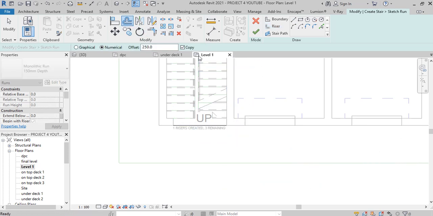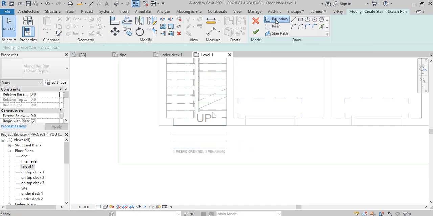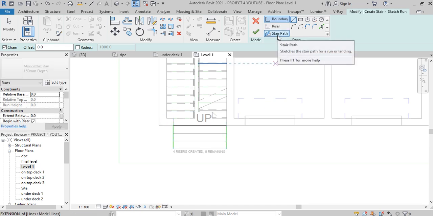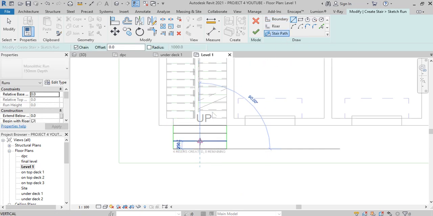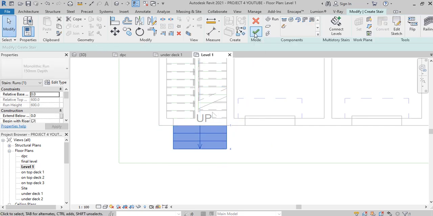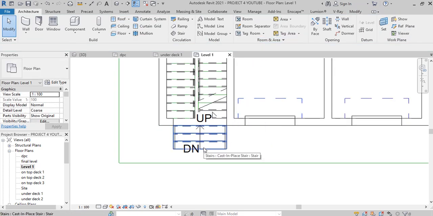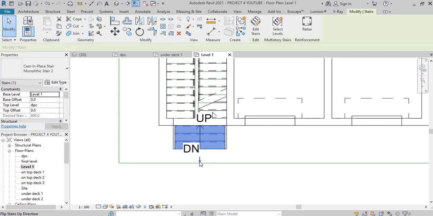So I pick offset and 250 millimeters, so I offset towards the back, so 1, 2, okay, and I offset the last one. I select boundary, and then the next I pick stair path and move from this point to this point, and then I hit finish. I hit finish the second time. So once you select this arrow pointing down, you click on it. Then let's go to 3D to see what we've done,